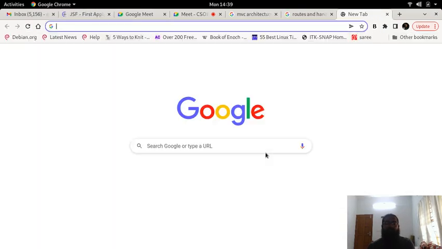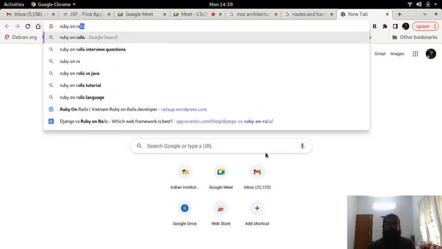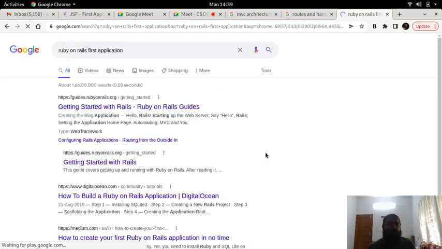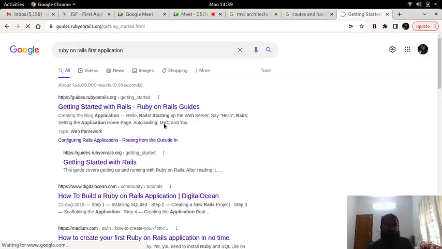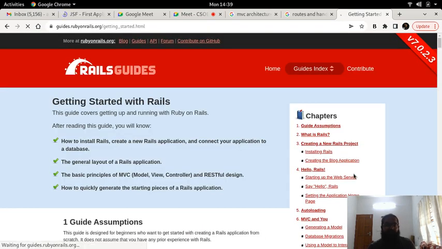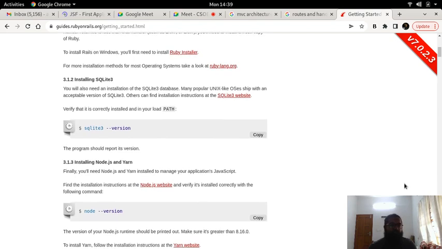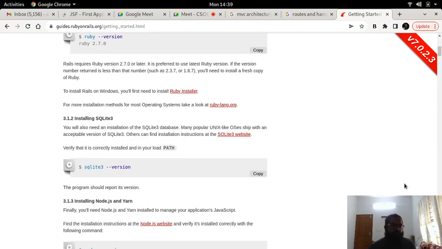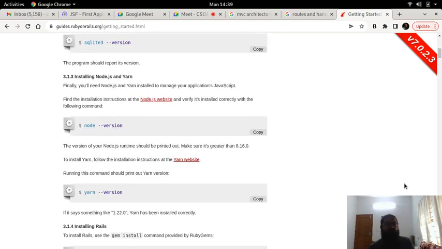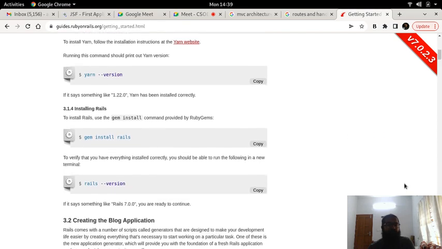You can also take a look at the Ruby on Rails first application, getting started with Ruby on Rails. That also says that it's based on MVC architecture. So install Rails, then SQLite. They are using the SQLite database, Node.js and Yarn.